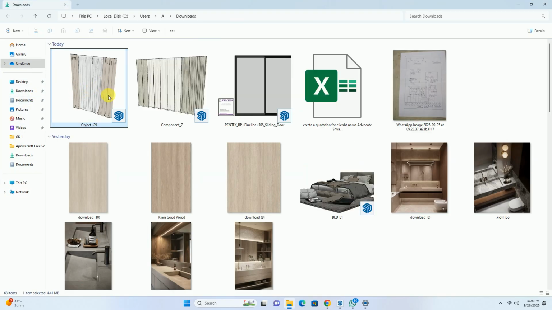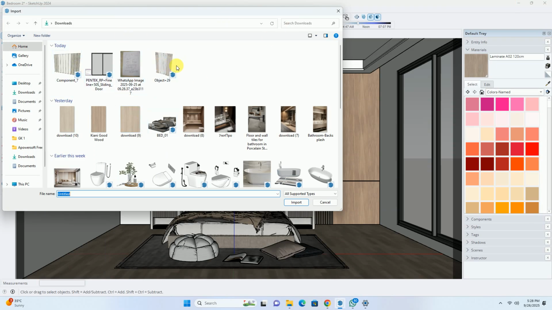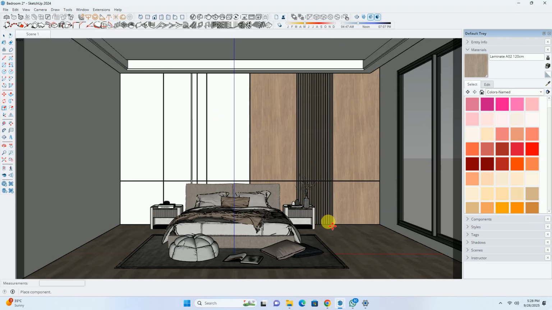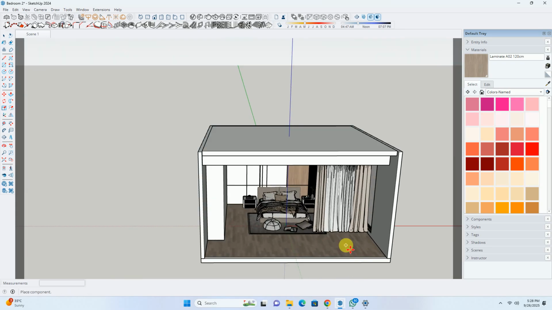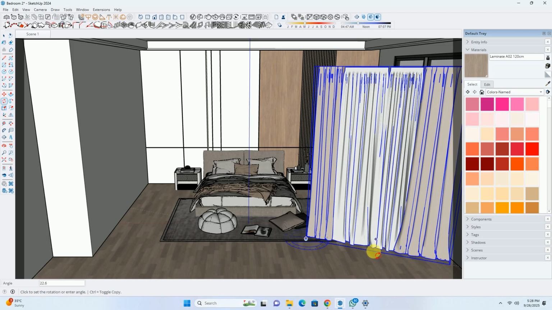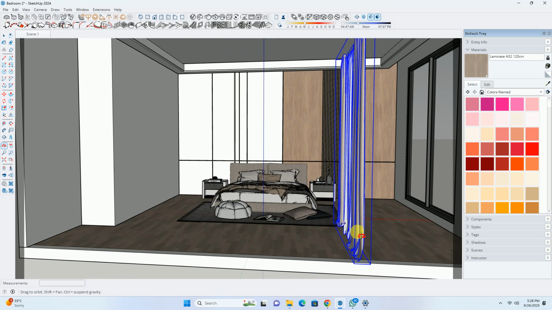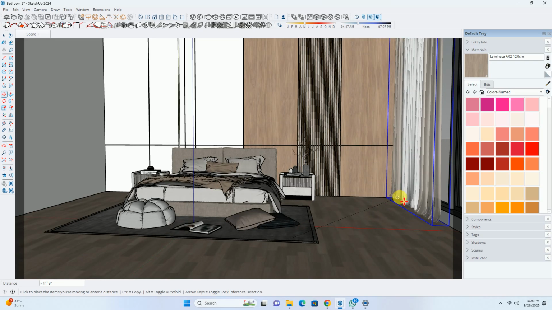We'll be using this. So go to the import feature and I'll import this curtain. Now we'll apply the rotate command and then we'll apply move and place them at this corner.